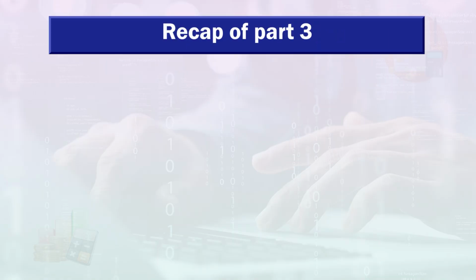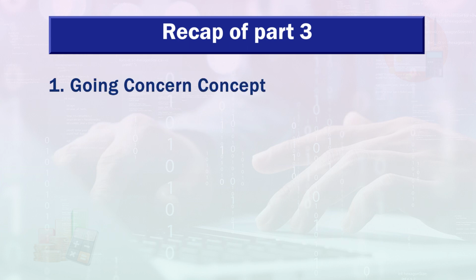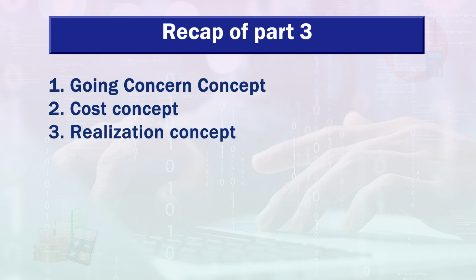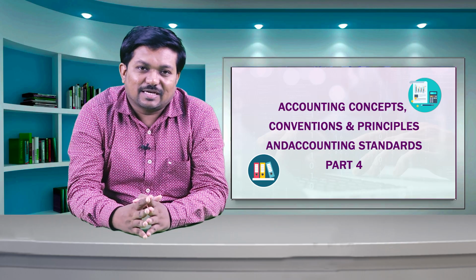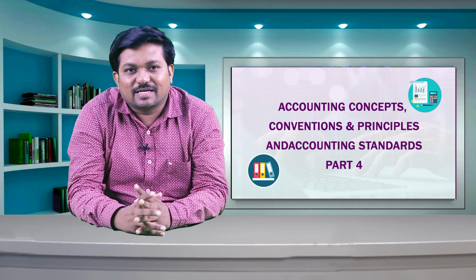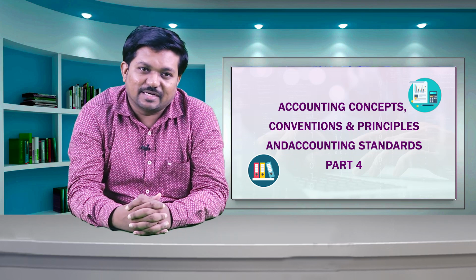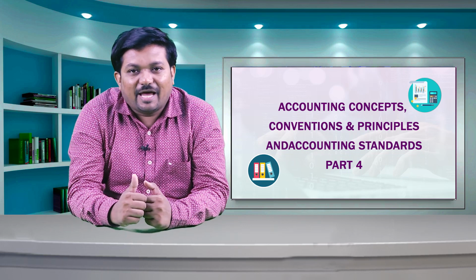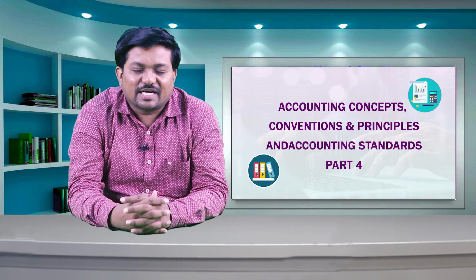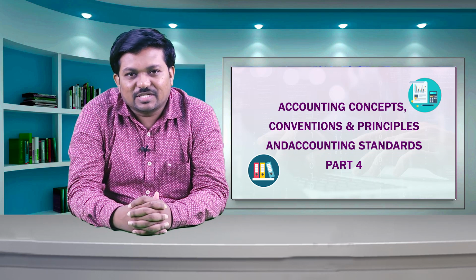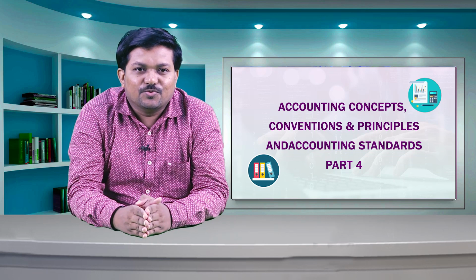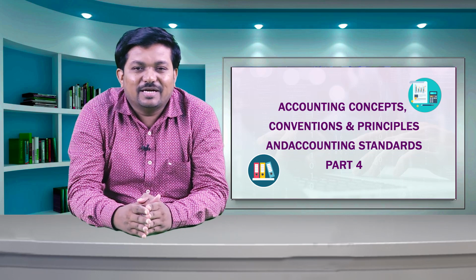In the previous module, we have studied going concern concept, cost concept, realization concept, dual aspect concept, conservatism, consistency and lastly the materiality concept. All these aspects are explained with the accounting treatments and their presentation in financial statements. I am sure that you must have acquired a reasonably good understanding for them. The clarity about all accounting concepts, conventions and principles will put you in a comfortable condition to learn advanced issues